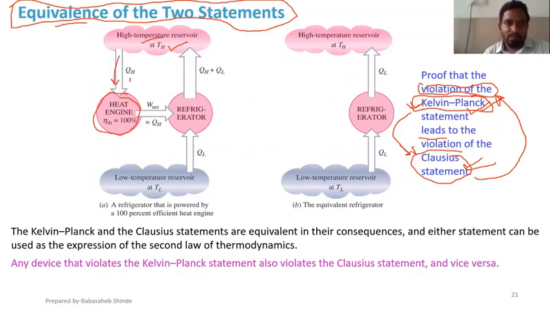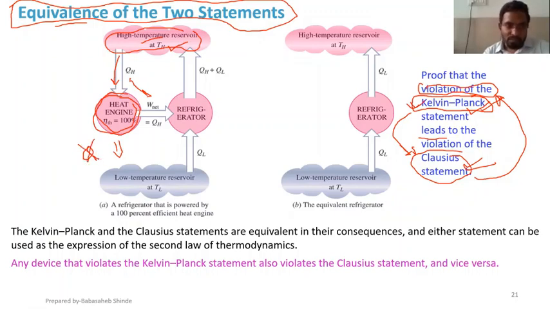So here, what we were discussing, this is a heat engine that is exchanging heat with a high temperature reservoir, that is the source. The amount of heat extracted is QH, and it is converting all that heat into W net. As we can see, it is not rejecting any heat to a low temperature sink.